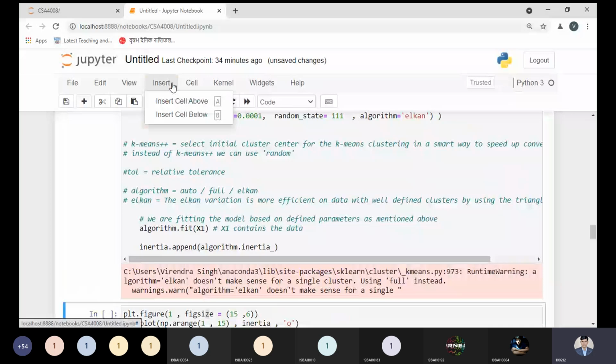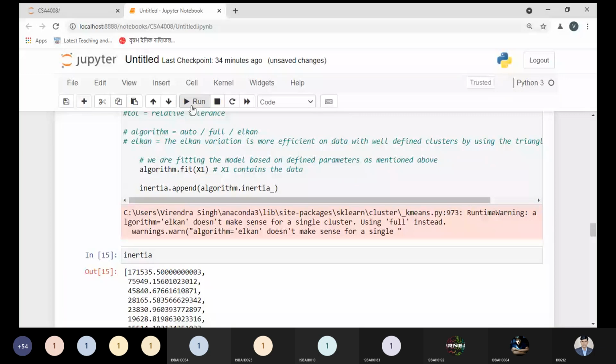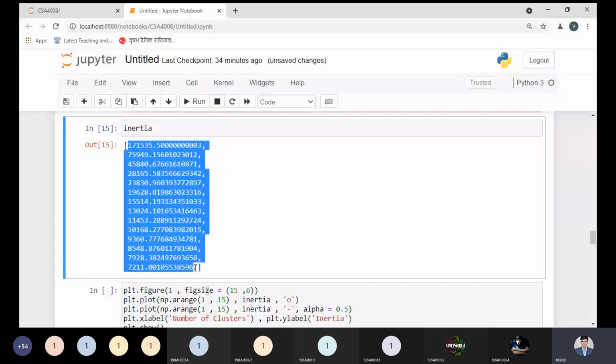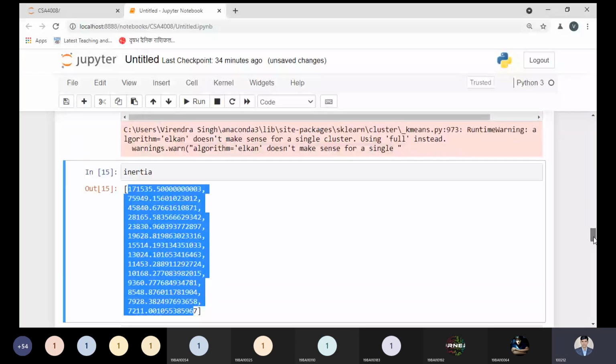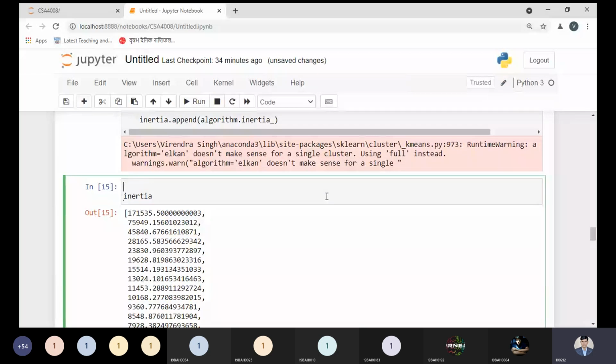Above. Let me see what we handle by the inertia. Inertia will contain all this information. Just see, we are getting all these values. Here we are getting the inertia value, how many times? 15 times. This is the point we need to keep in mind.